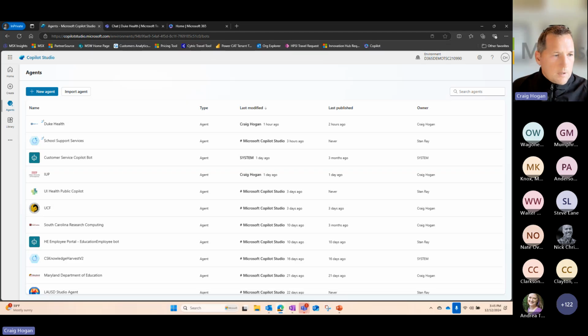Internal sharing: when you share the agent with another user, does the SharePoint content have to be shared with that user? Yes, excellent question, Chelsea, thank you. So remember, the infrastructure is Microsoft infrastructure, so as I have access to certain directories, rights and documents, it all gets inherited, so that leverages what we're doing.